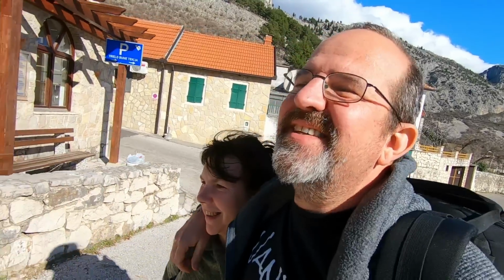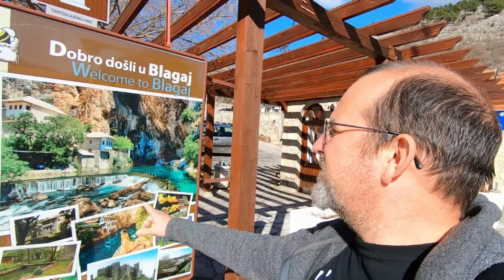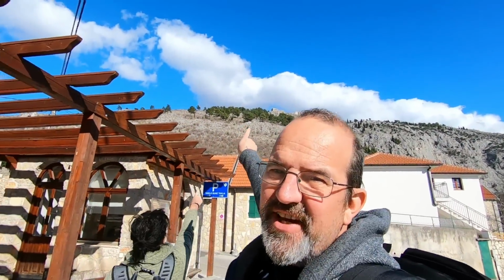We've arrived in the town of Prague that you can see here, and it's famous for two things: for this wonderful house on the picture here, and for a fortress that you can see right on top of the hill. We've managed to find some parking that you can see behind us,